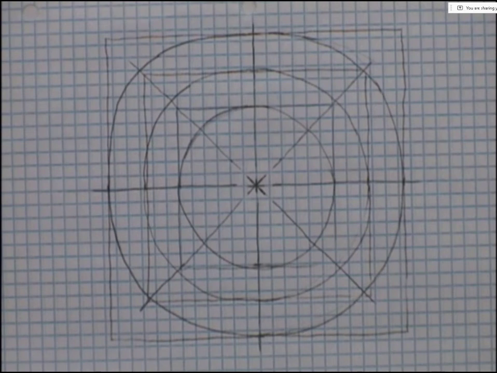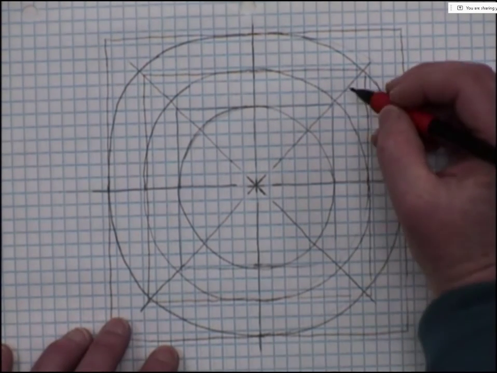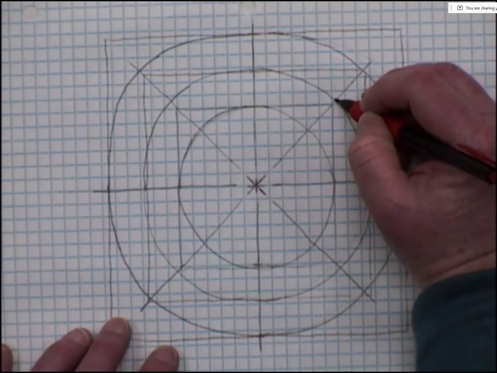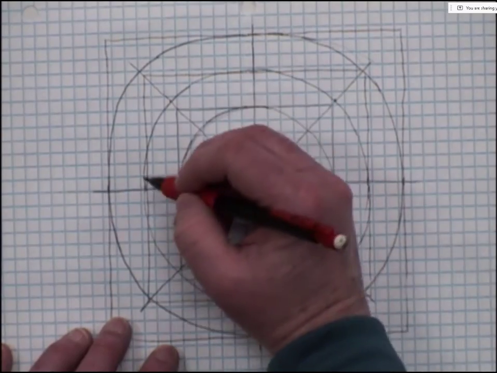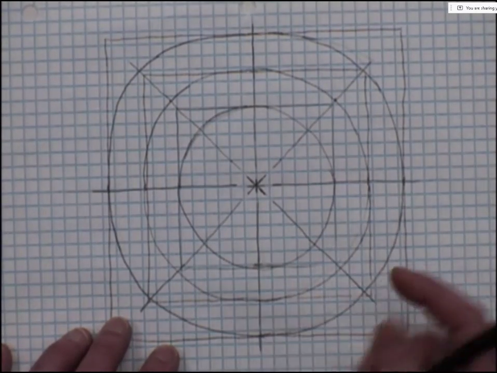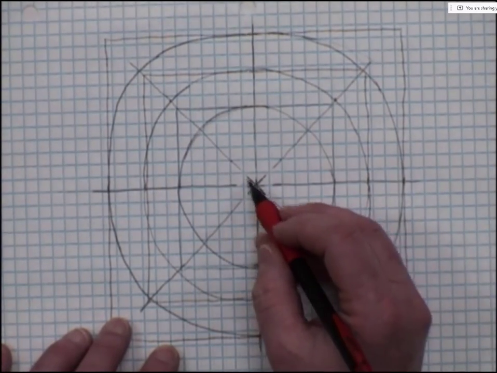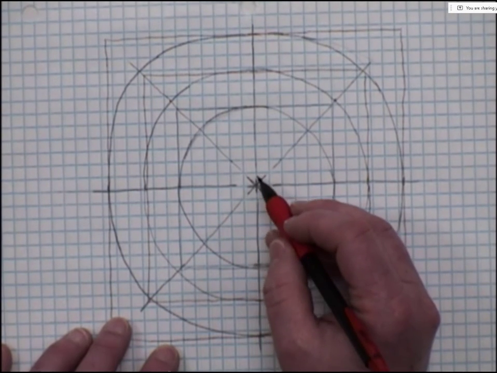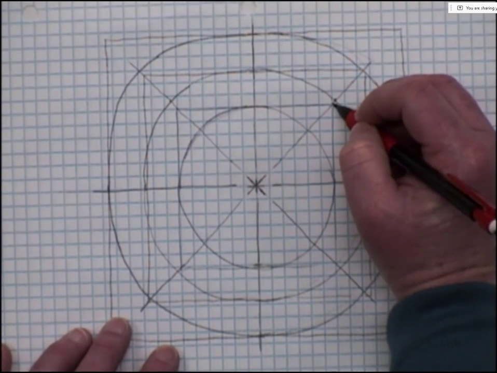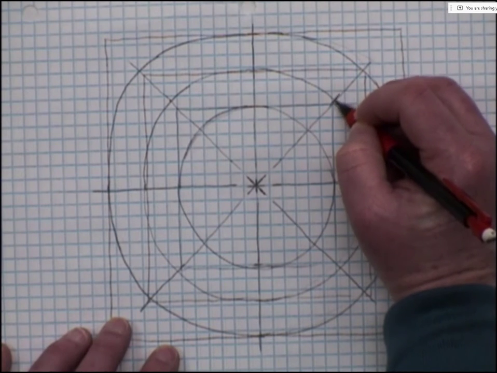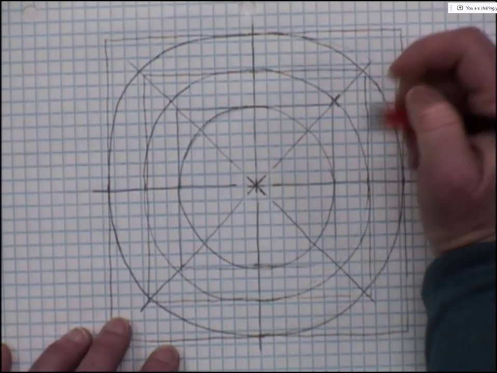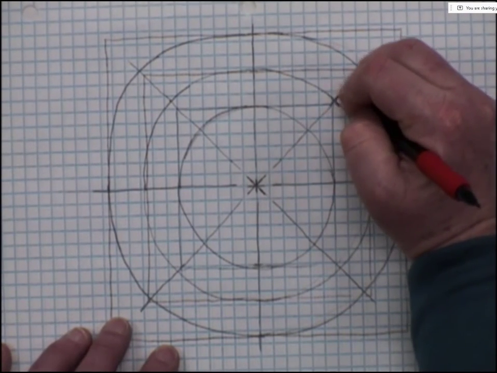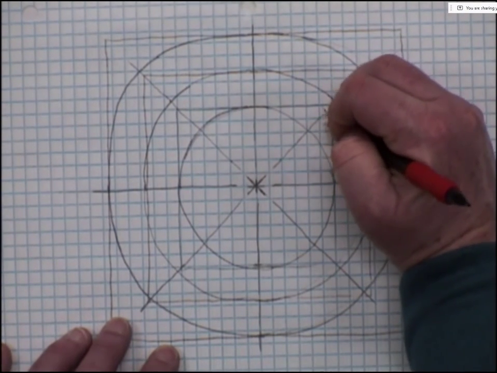All right, and then once we get our 45-degree lines, we have the centers of all those circles. So just showing you where the center, this would be a center, this would be a center, and all the way around. Because we need gaps in our center mark, we're going to actually do gaps here as well. So I'm just going to darken this in just a little bit so you can see better on the screen, but we're actually going to have gaps